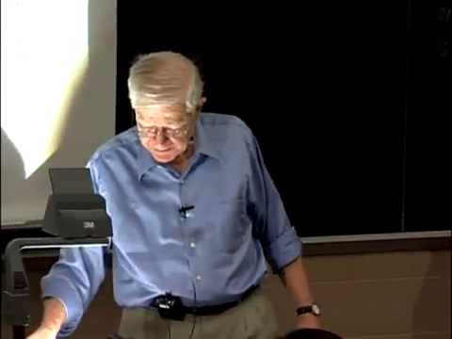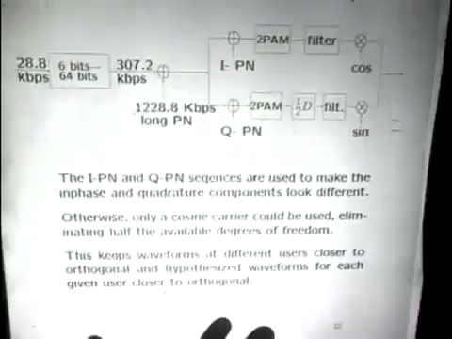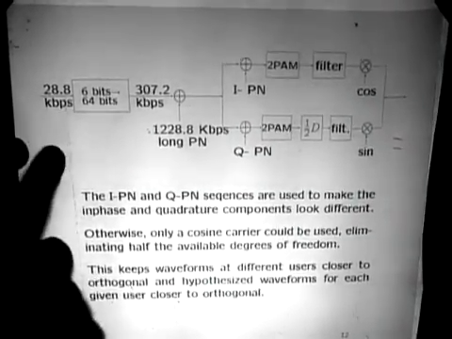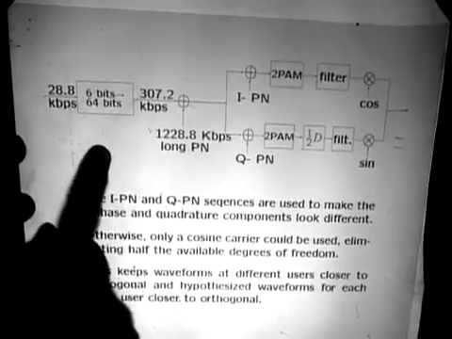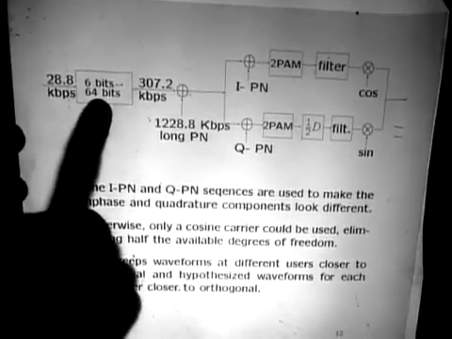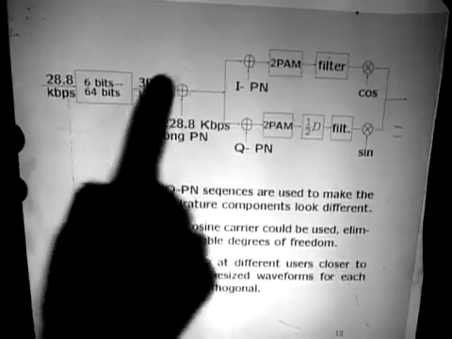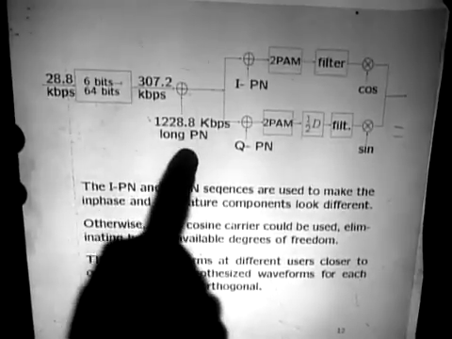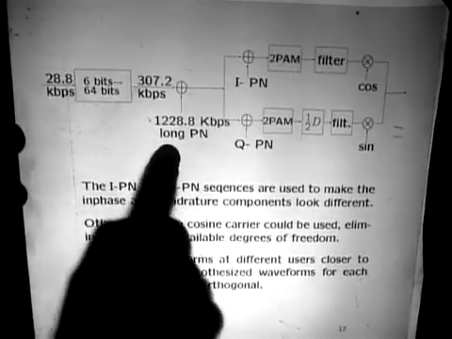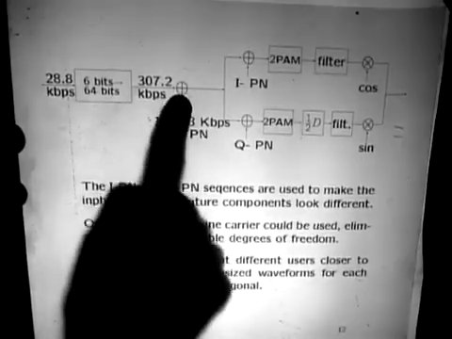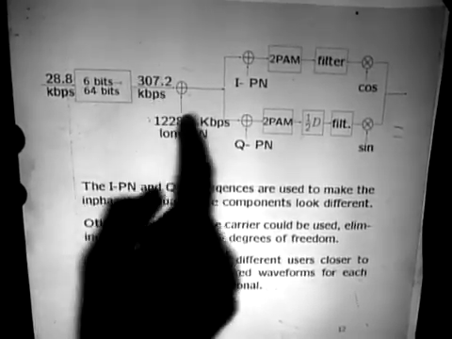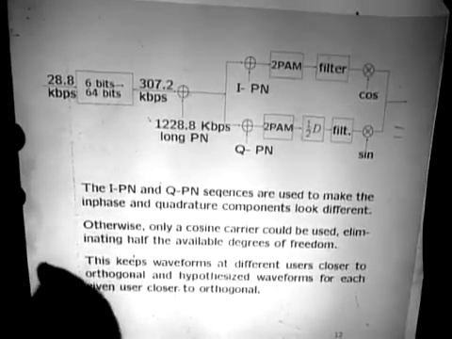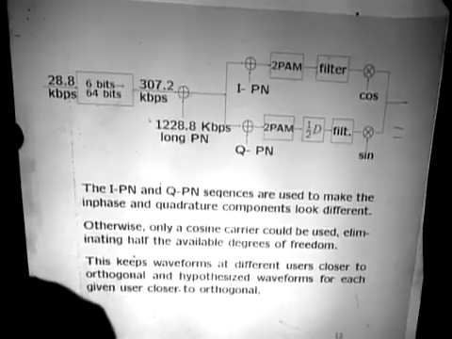Okay, so that lets us sort of summarize where we are with all of this. We started out with 28.8 kilobits per second. We've then gone into this Walsh function orthogonal waveform encoder, which comes out with 307.2 kilobits per second. We've then multiplied by this long PN sequence, 42 bits long, with 4 bits coming in here for each bit coming in here. Now we're implementing this, and anybody with any sense who was trying to implement PN sequences with